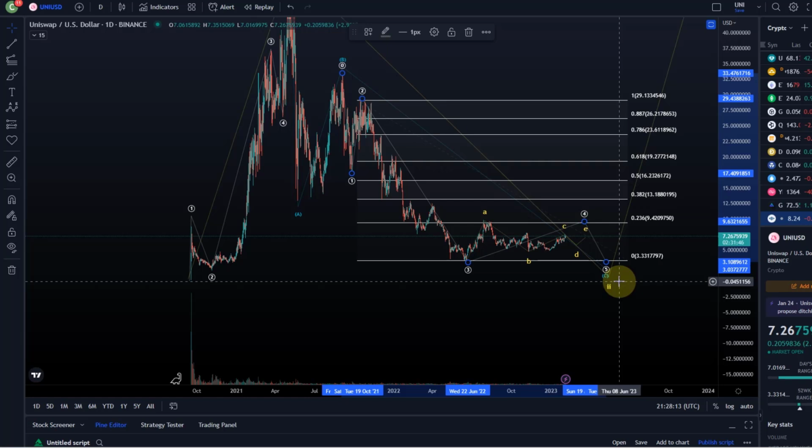It hasn't moved enough. Also, for example, Bitcoin is much closer to that August high than, for example, Uniswap is. And normally altcoins should be a bit more volatile, should show a bit more strength. And therefore, I'm at the moment rather focusing here still on the downside, which doesn't mean it couldn't rally a little bit more up in the short term. But for me, not a chart that I at the moment see a reason to be long in. There are other charts that look a bit more bullish than Uniswap.